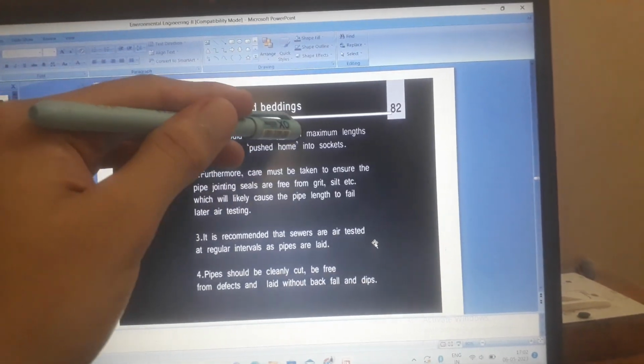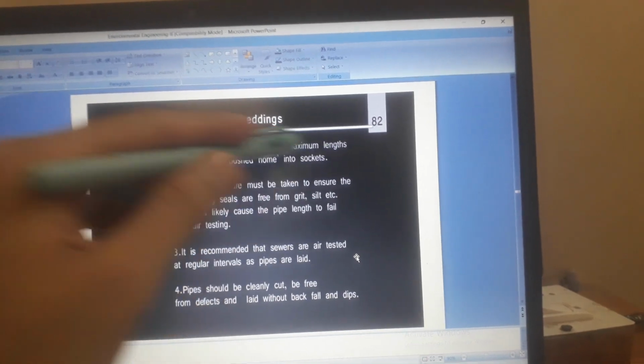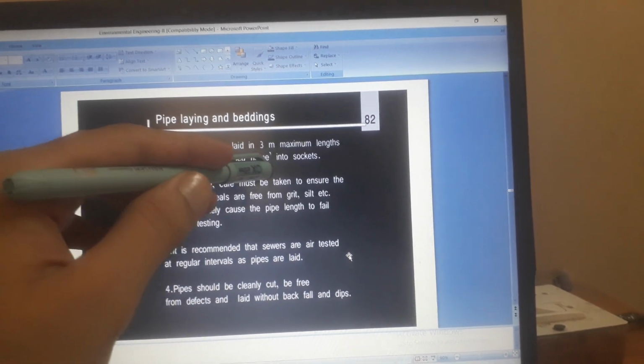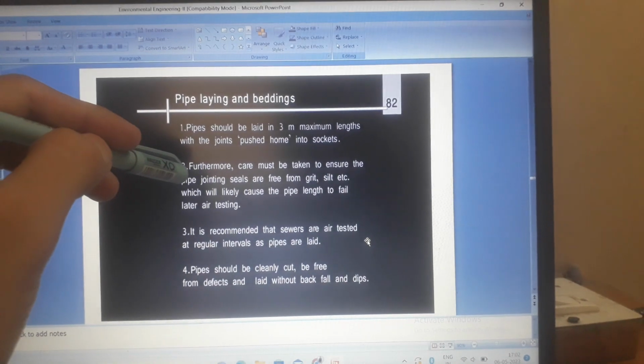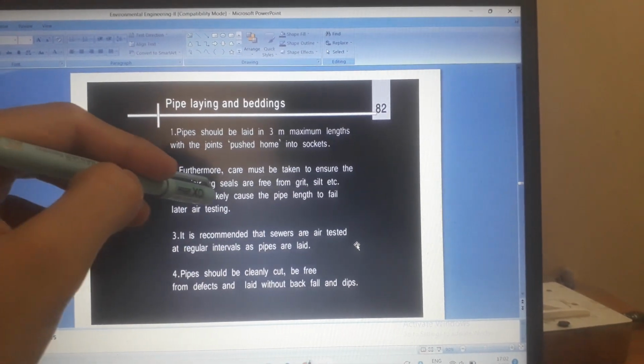Pipe laying and beddings. Pipe should be laid in 3 meter maximum lengths, with the joints pushed home into sockets. Furthermore, care must be taken to ensure the pipe jointing seals are free